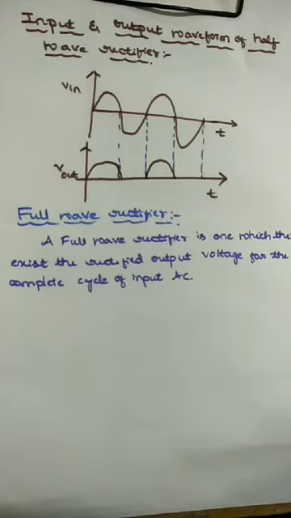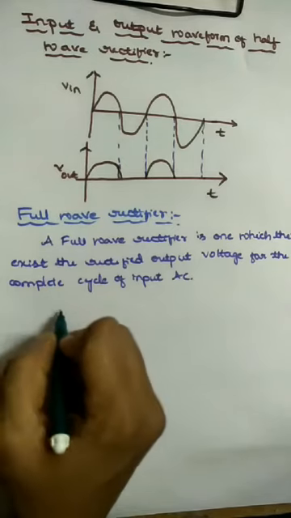Now again we are going to use a step down transformer, which consists of a primary and secondary coil, the diodes and a load resistance. So let us see the circuit diagram for the full wave rectifier. The circuit of a full wave rectifier uses two junction diodes, whereas in the half wave we use only one diode. In the full wave rectifier we use two junction diodes and a special type of transformer known as a center tap transformer.